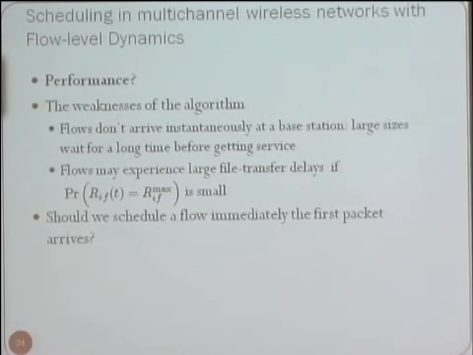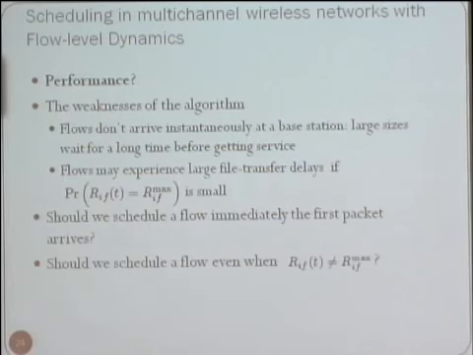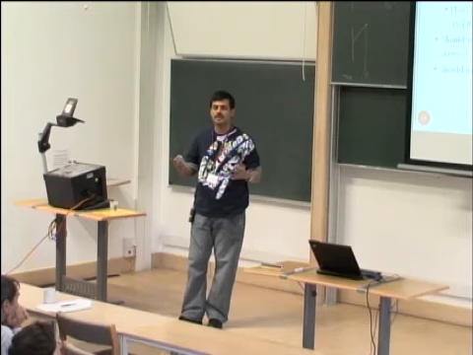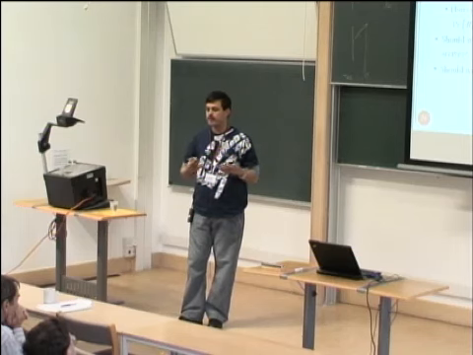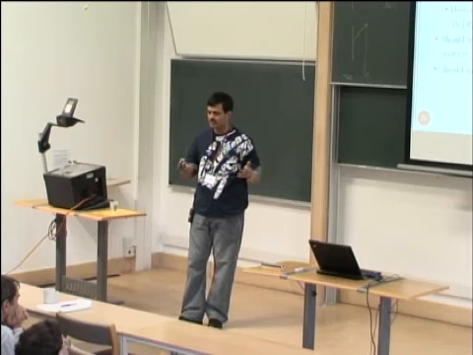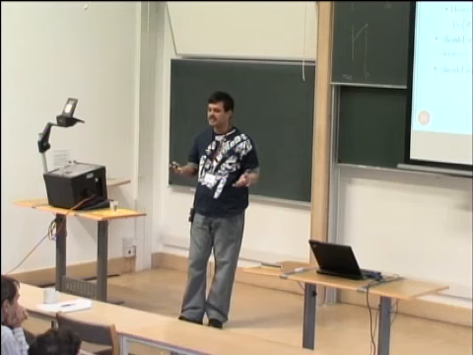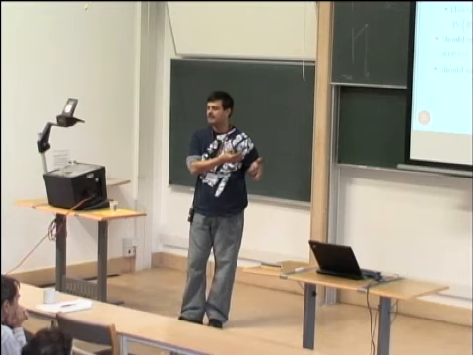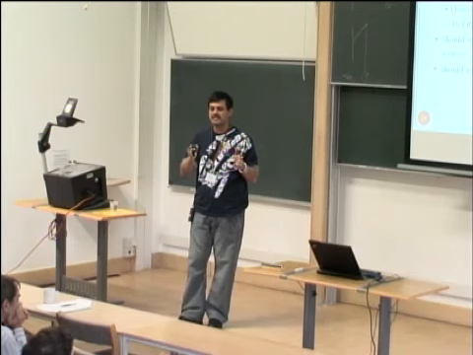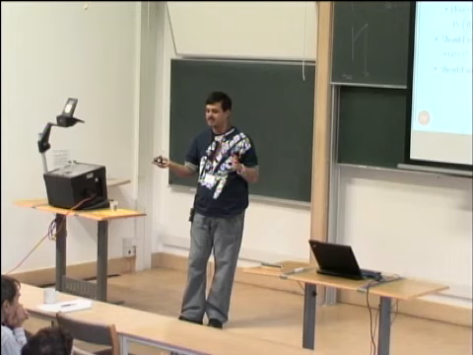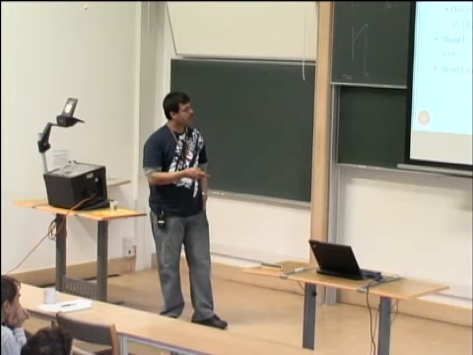But the bigger question is, flows don't arrive instantaneously. If a flow doesn't arrive instantaneously, you cannot calculate its workload, so you cannot do the minimum weight load balancing algorithm that I mentioned. Since the entire file hasn't arrived, you don't know the size of the file, so you cannot implement that algorithm, because it has a constraint that the number of channel states you allocate should be such that the file can be served. You don't know what the file size is. So what do you do in this case?